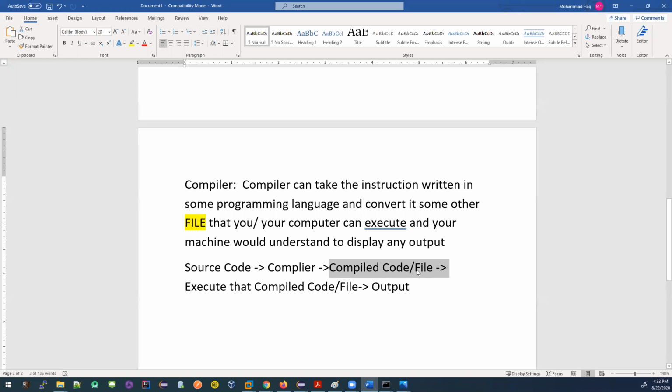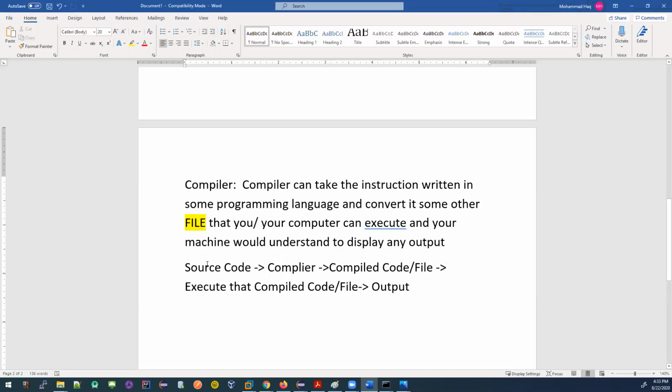Maybe millions of zeros and ones are there, and that signal, that digital 0 and 1, is digits, right? They are some digital. They are not analog. The zeros and ones get converted to some analog signals that your machine can understand. Now, we need a compiler, very useful. Every programming language has a compiler. Every operating system has a compiler that can take the instructions and process them into something the machine can understand.